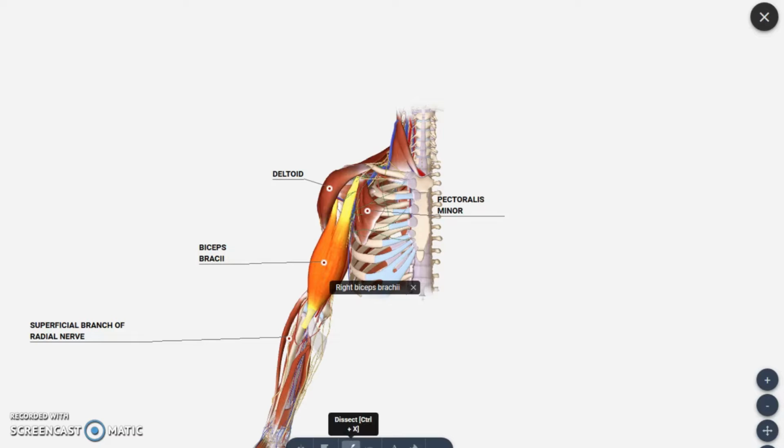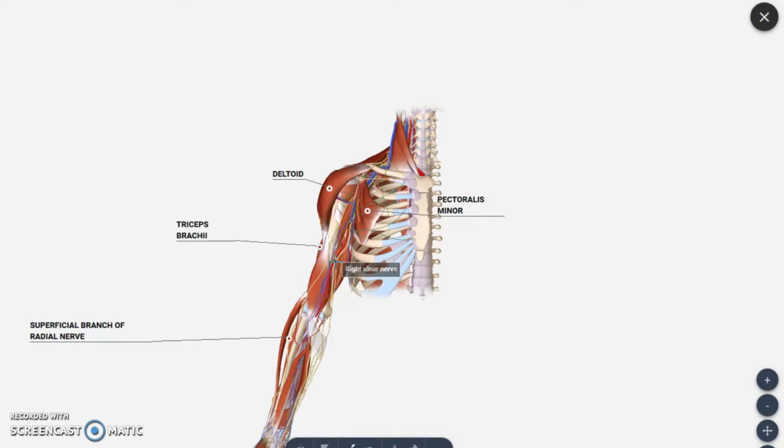Once you remove this biceps brachii, you will be seeing another muscle which is present just below it, and that muscle is called brachialis. Biceps brachii is the anterior-most muscle, and it is taking origin by means of 2 heads. Now after removing this biceps brachii, you will see a muscle which is seen in the lower part of the arm region, and that muscle is called the brachialis muscle. This muscle is taking origin from the arm bone and then getting inserted into the forearm bone. About those details we will go later.